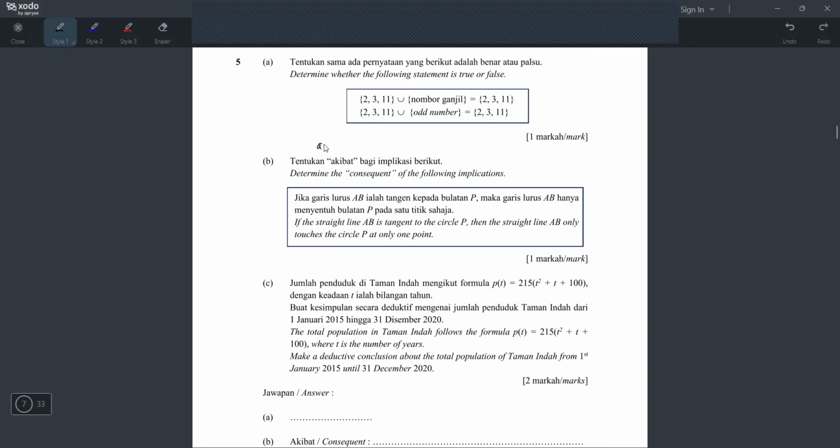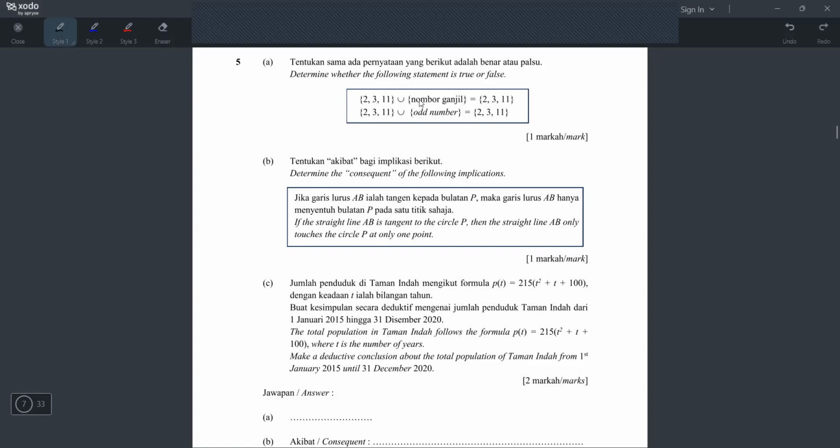It means if I say and ataupun or, you will see one statement in front, one statement belakang, and they will have different true value. Maybe true, true, false, false, true, false, like that. So if like that then cara kita tengok true, false pun sudah dia lain sikit, right? Because there's two different truth value. Okay, dia ada dua statement yang berbeza yang sudah digabungkan. Okay, but that one we don't have to care about that, because this one is just one single statement. So they say set 2, 3, 11 union odd number is 2, 3, 11.